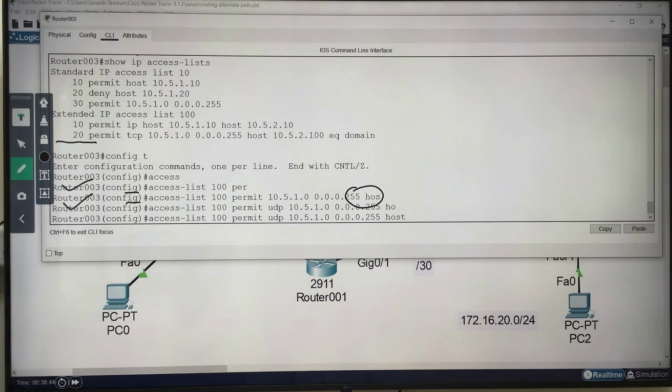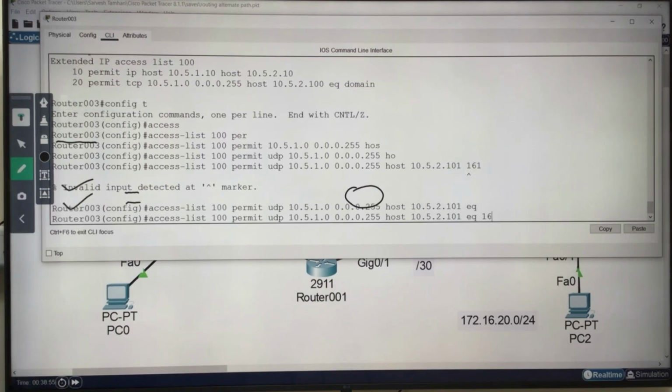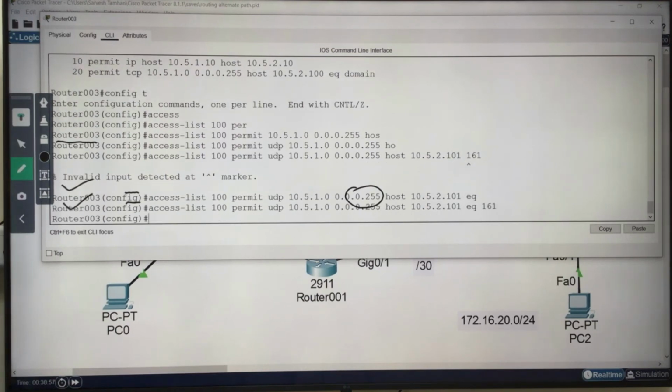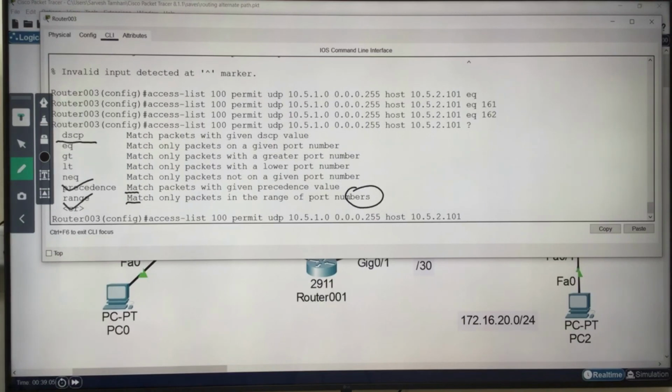Then host destination 10.5.2.101, which is my SNMP, and the port number 161, equal to, right, 161 and equal to 162. These are my ports. I will tell you when we have the practical what greater than and less than mean, right? We will see later. Clear?